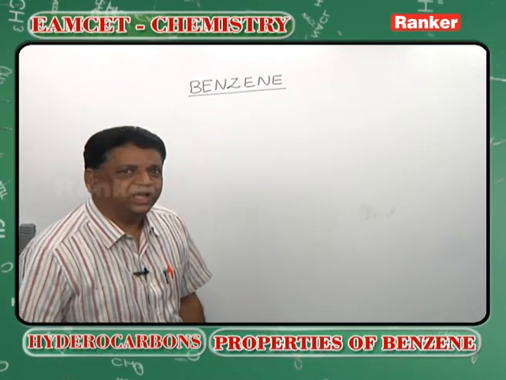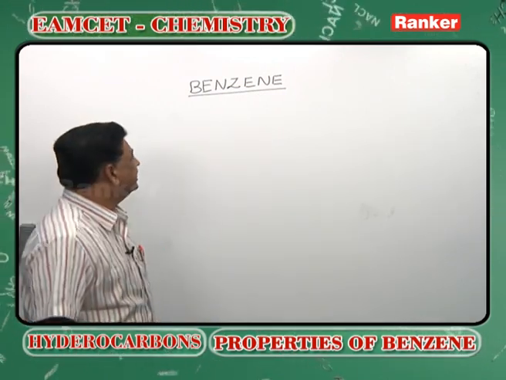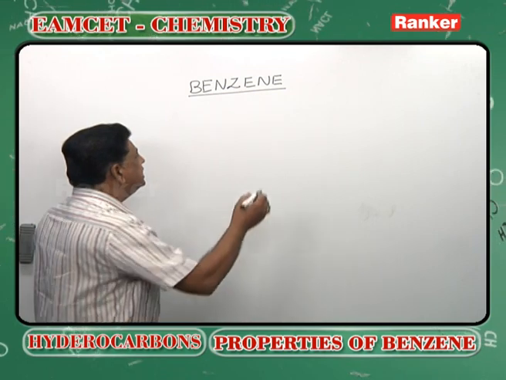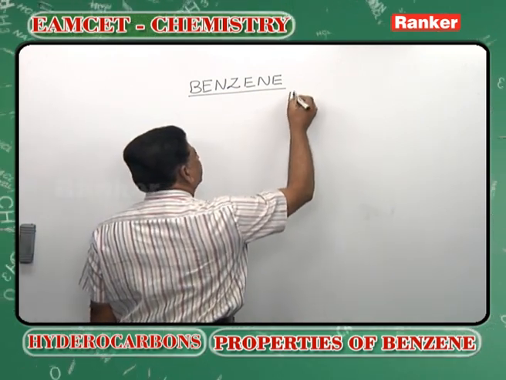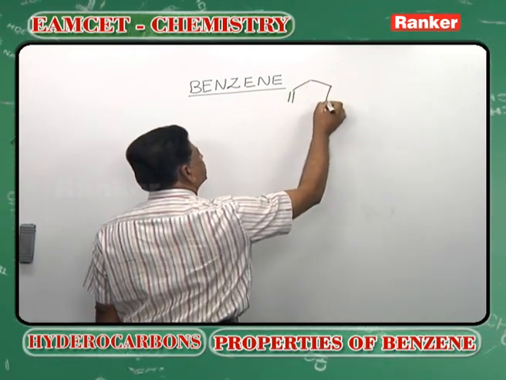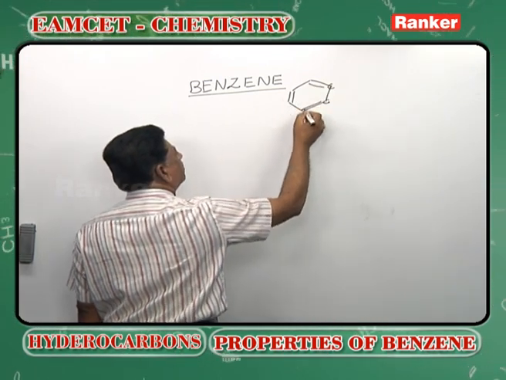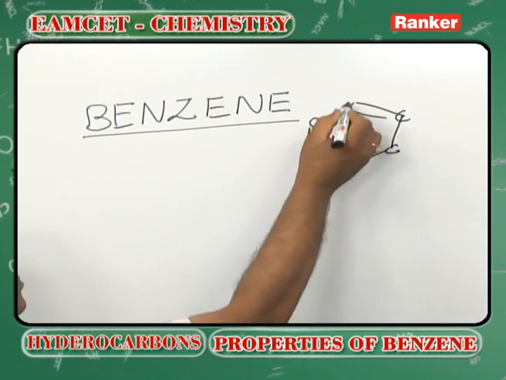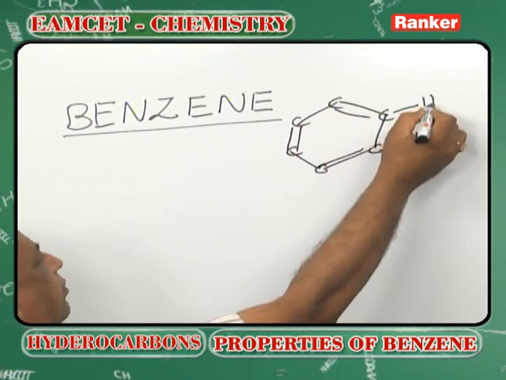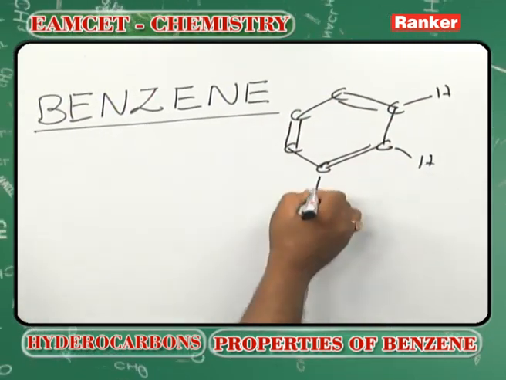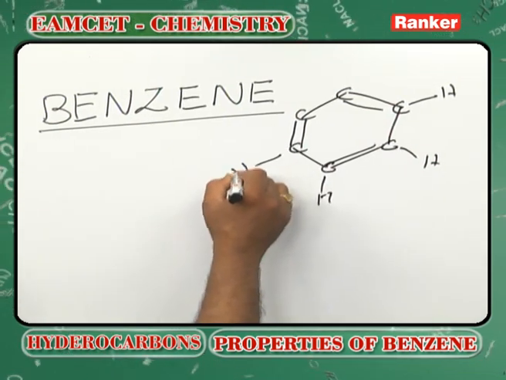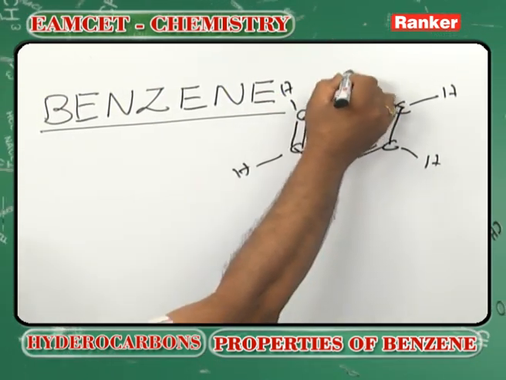I welcome all of you to the organic chemistry class. Our topic is benzene. Benzene is a molecule where we have 6 carbons. At each corner we have 1 carbon, and each carbon is also holding 1 hydrogen. So the molecular formula of this compound is